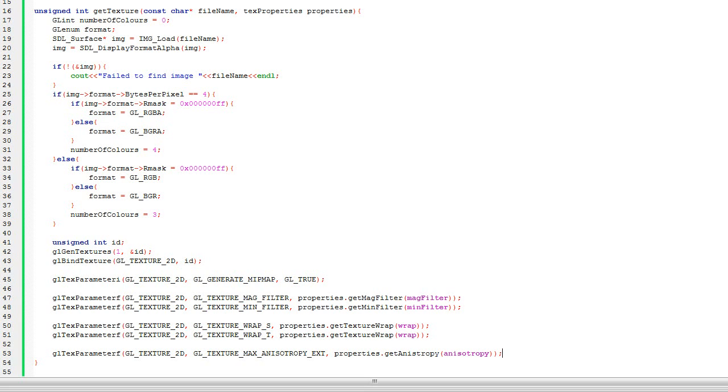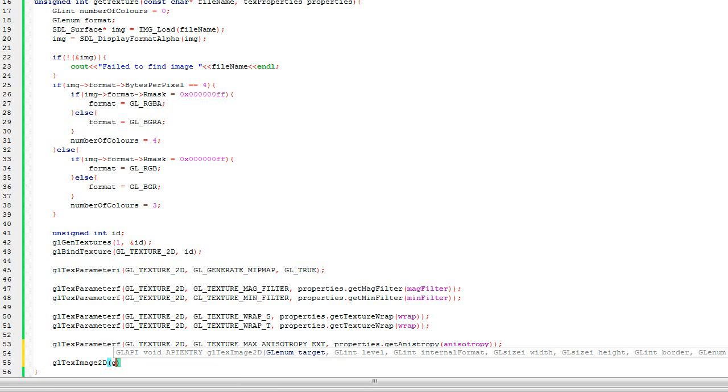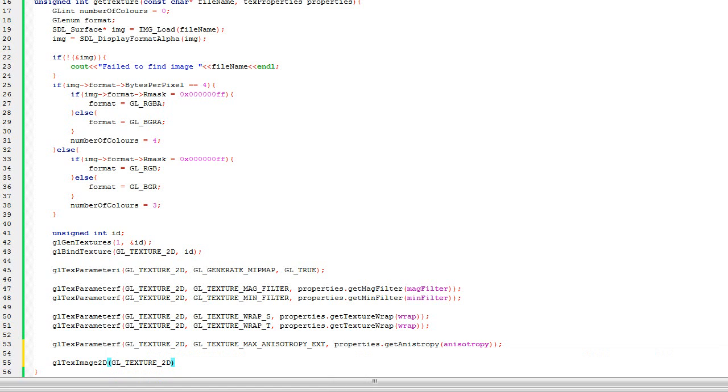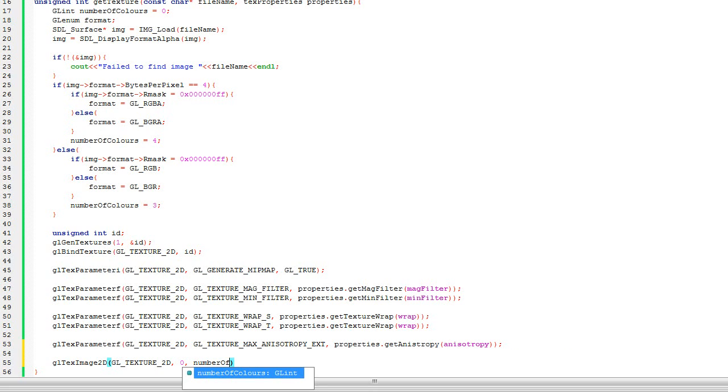So that's them. That's the parameters set up, and now that we've set everything up for the texture, now we run glTexImage2D. And then it's GL_TEXTURE_2D. This is basically loading the texture into it. The next one, this is quite a long function as you can see. The next one is the level of mipmaps. That's going to be 0. The next one, that one's GL_RGB or GL_RGBA, so now I'm going to have to use a ternary operator. So number of colors